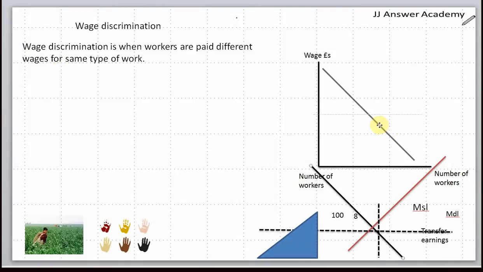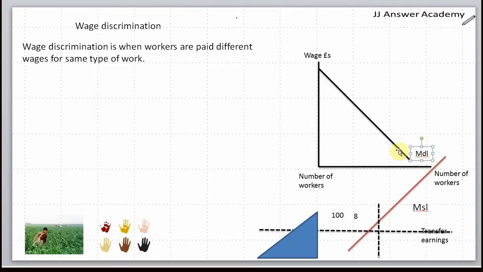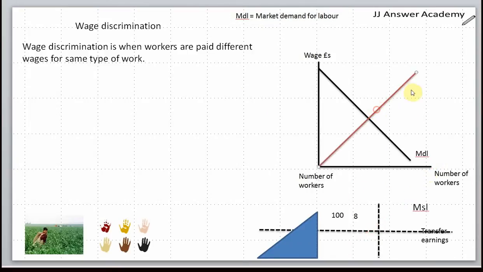The market has a downward sloping demand curve for labor. So this is the market demand curve for labor, and put this down as a key. MDL equals market demand for labor, and the red curve is an upward sloping market supply of labor. MSL equals market supply of labor,